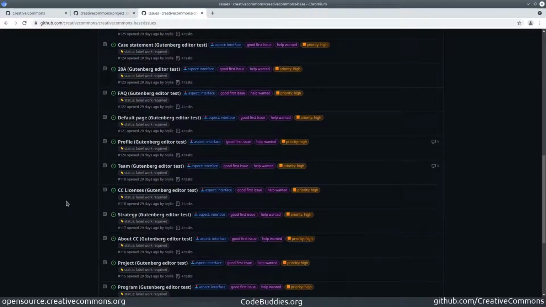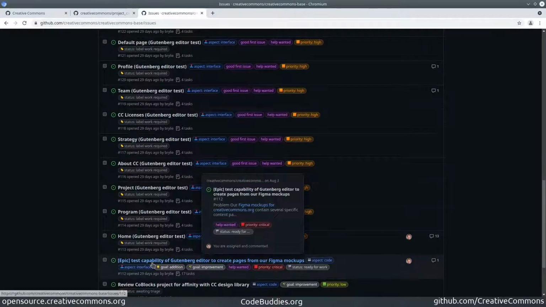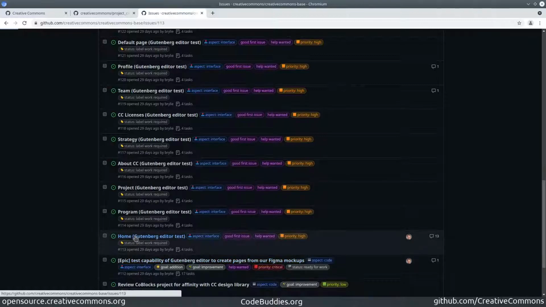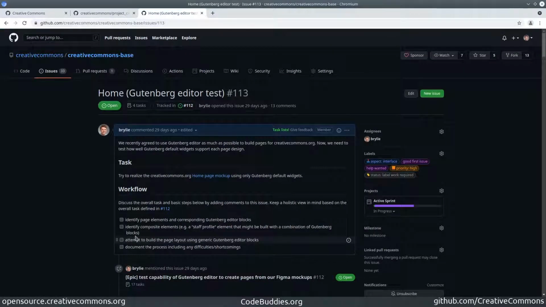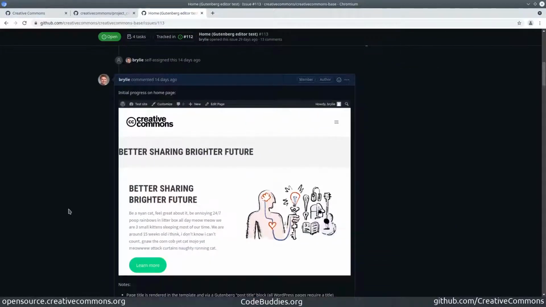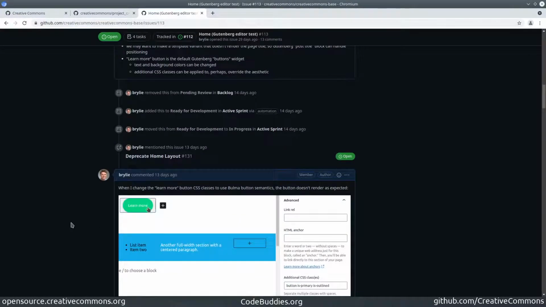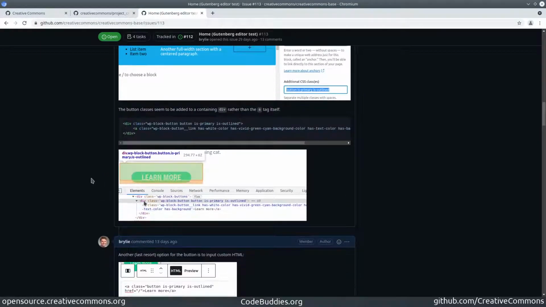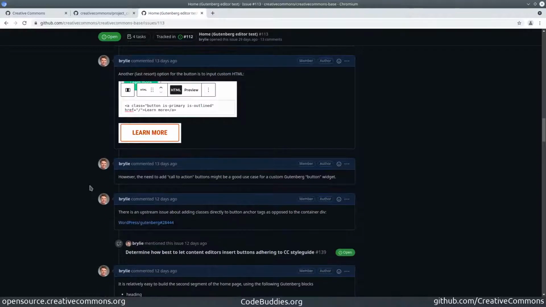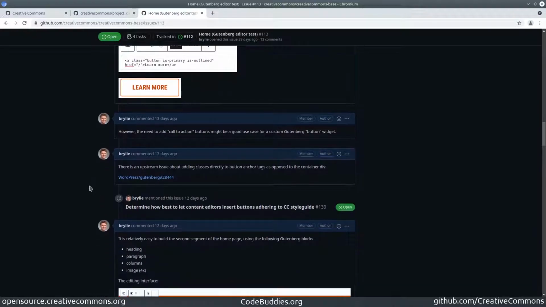Stale issues, I think they're okay to have stale issues. Specifically, we're going through page by page of these. We have several Figma mockups that were provided by a designer and building them out with the Gutenberg editor. And I've learned a little bit along the way of some of the shortcomings that we'll encounter. This is an exploratory process, and we're going to come up with solutions to